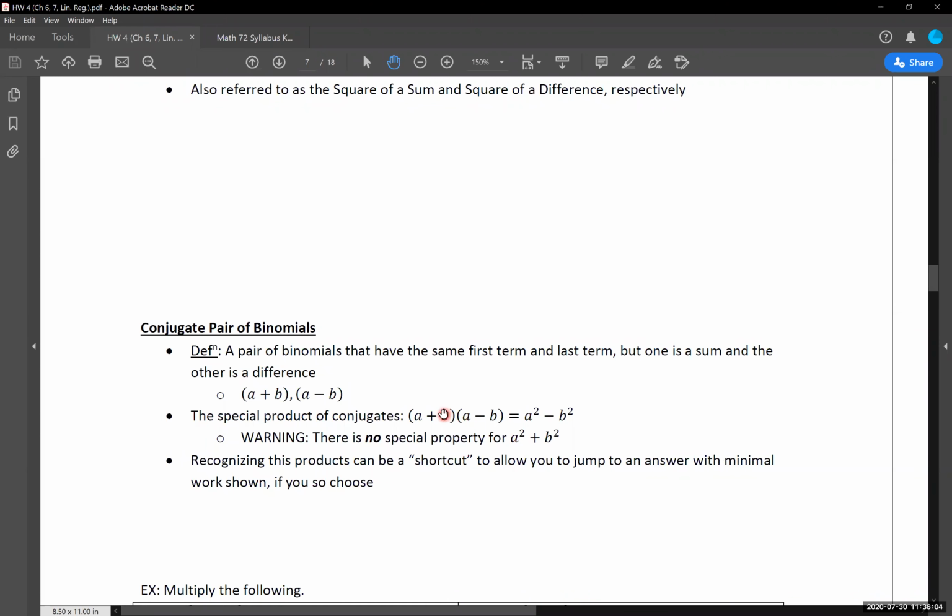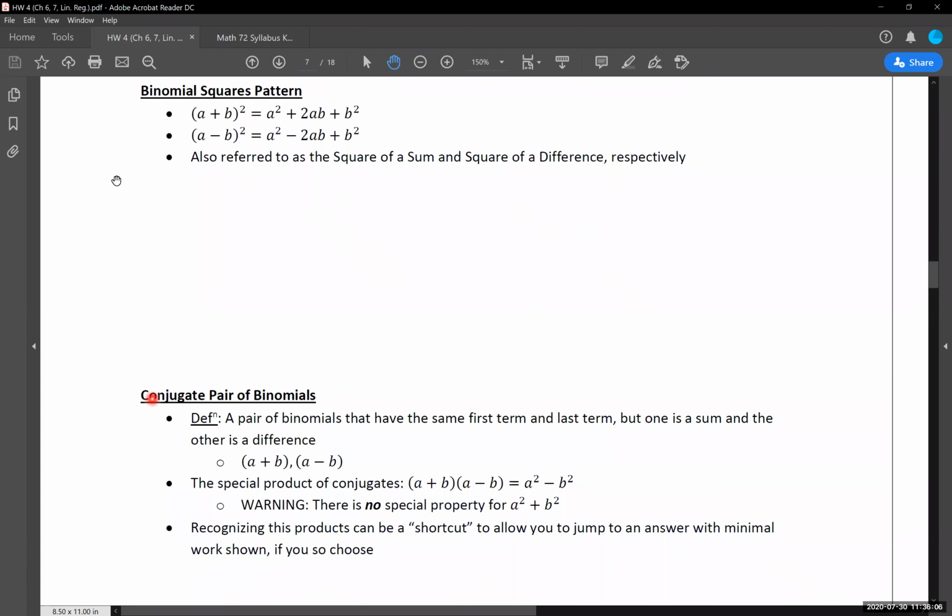With both of these types of special products, if and when we have them on the homework, and if and when we have them showing up on the test, you do not need to show your work if you recognize each of the a and b values that we're working with, and then rewrite the product into its result, either of these that we have here or the answer that we have right here.